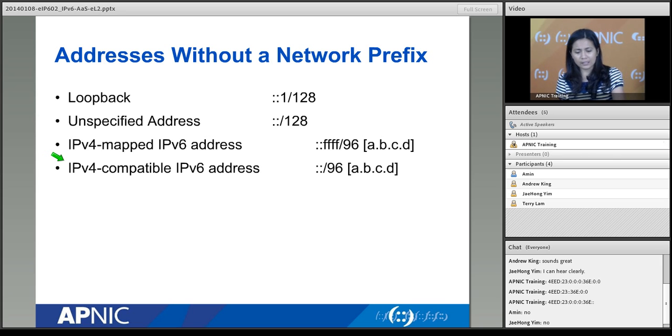So you can easily pull the last part, or the last 32 bits, and that is your IPv4 address. So you have the IPv4-mapped IPv6 address, that's ::FFFF/96. Why is it /96? Easy, because the last 32 bits is your IPv4 address. So normally you actually see that written as